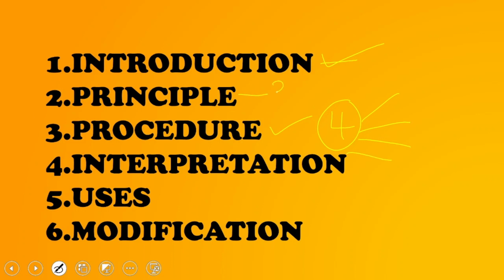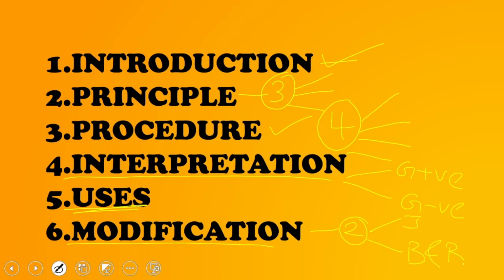And then principle, again there are 3 important theories to explain: the cell wall theory, the pH theory, and the magnesium ribonucleate theory. Then we talked about the interpretation. Either it can be gram positive या तो it can be gram negative. Done. And lastly we also did the uses. Uses की जब मैं बात करूंगा तो multiple uses we had a look at. And lastly there were 2 modifications that we remembered. That is nothing but Jensen's, and then we have the Brown and Bren modification. And at the end we also covered a lot of examples of gram positive and gram negative cocci and bacilli. This sums up all about your gram stain.